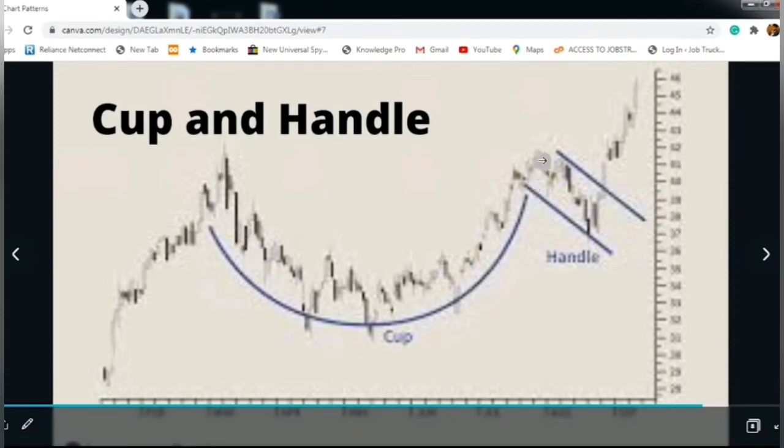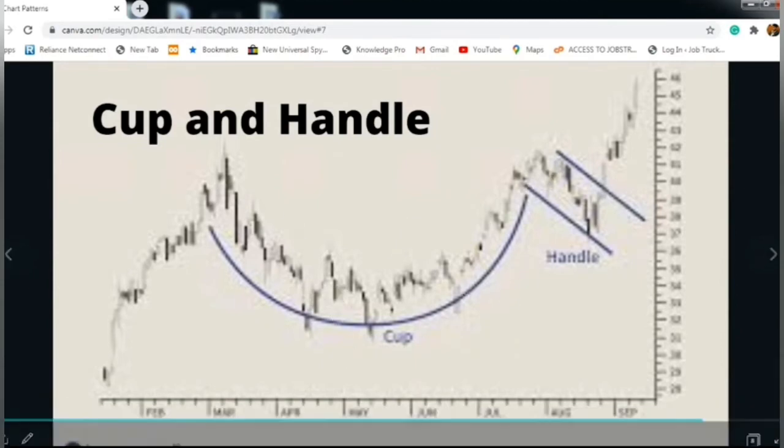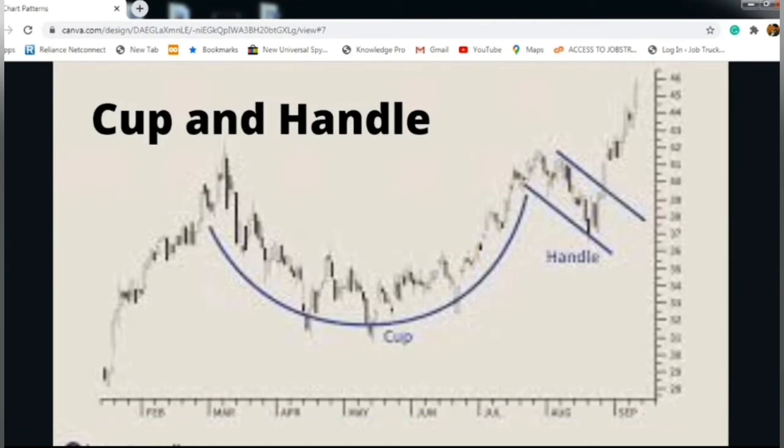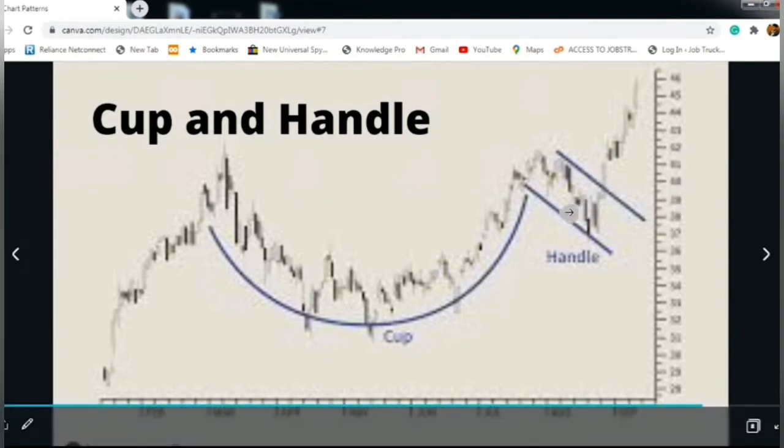Once it reaches a cup design, what happens next is it goes to a sideways trading pattern. In the earlier class, you had learned about the sideways trading pattern. After the semicircle on the support line, it goes to sideways trading. With these two structures together, it comes to a cup design. And in my personal view, this cup and handle is not that effective, though there are many cases where it is effective. There are multiple patterns, the relevant patterns we are learning today. Cup and handle is not that useful and relevant, but for analysis it is good.